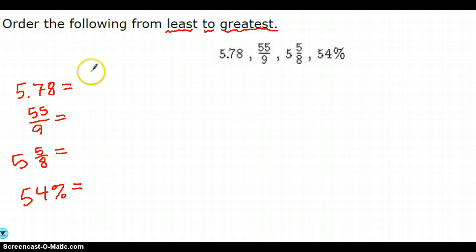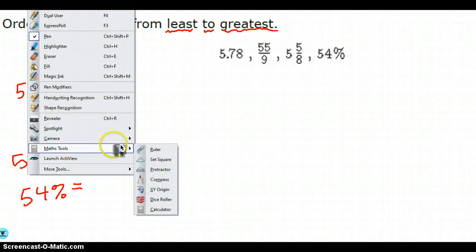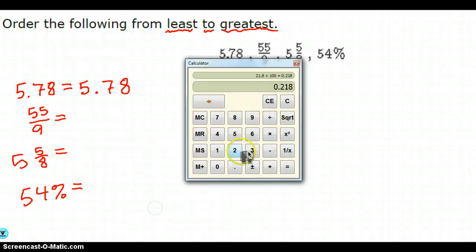All right, so I'm going to go through and do the same thing. I'm going to come up with the decimal equivalents of each one. Now, I see in the very beginning 5.78 or 5 7/8 hundredths is already in decimal form. All right, and then I'm taking a look at 55 over 9, and just like in that last example, we figured out that that is just a division problem. So 55 divided by 9. And that gives us 6.11111, but we know that's a 1 repeating, but we're going to round it to 2 decimal places for now. We might need to go back and add more, but for right now we see that it is